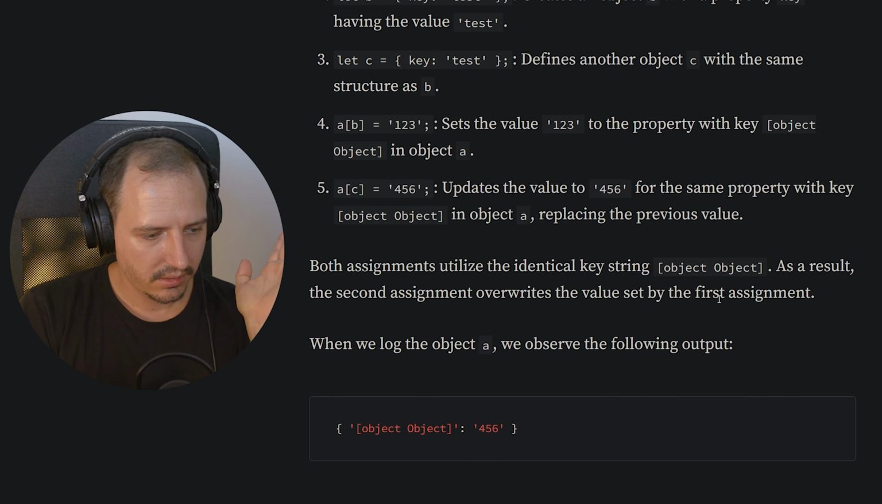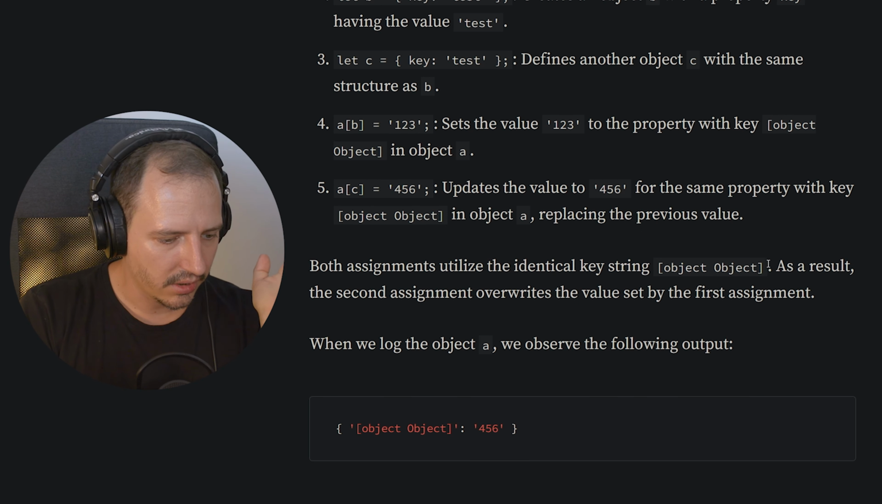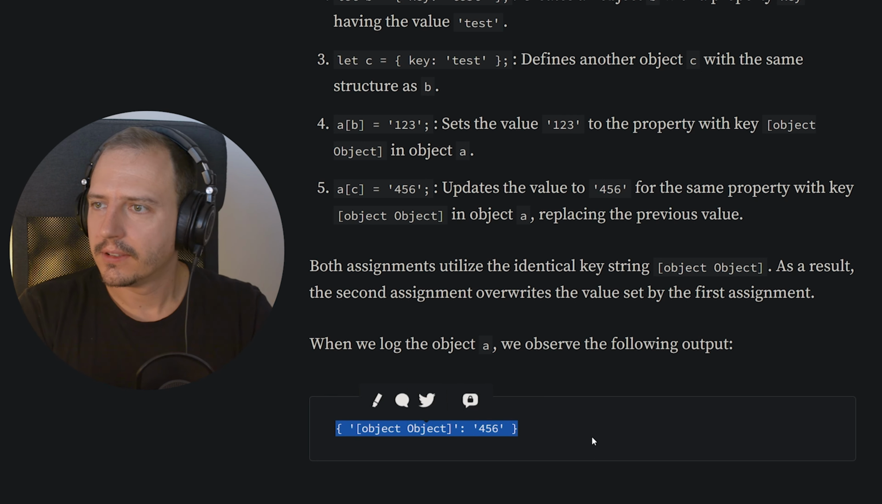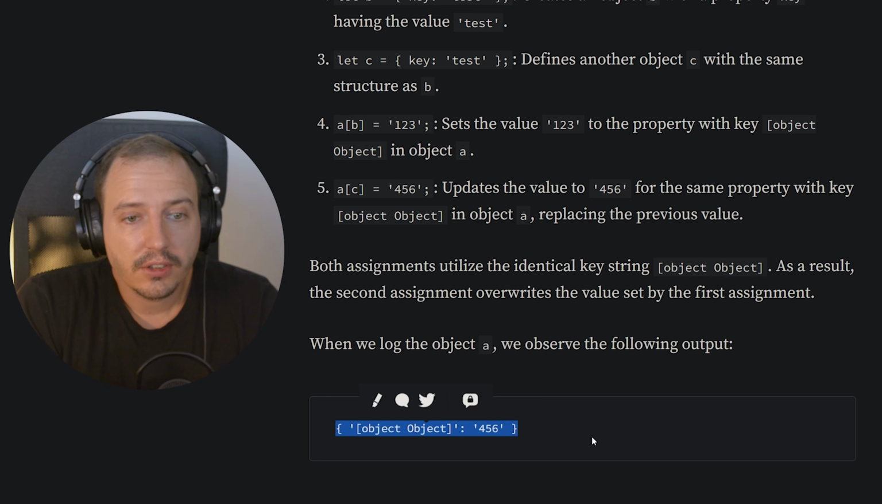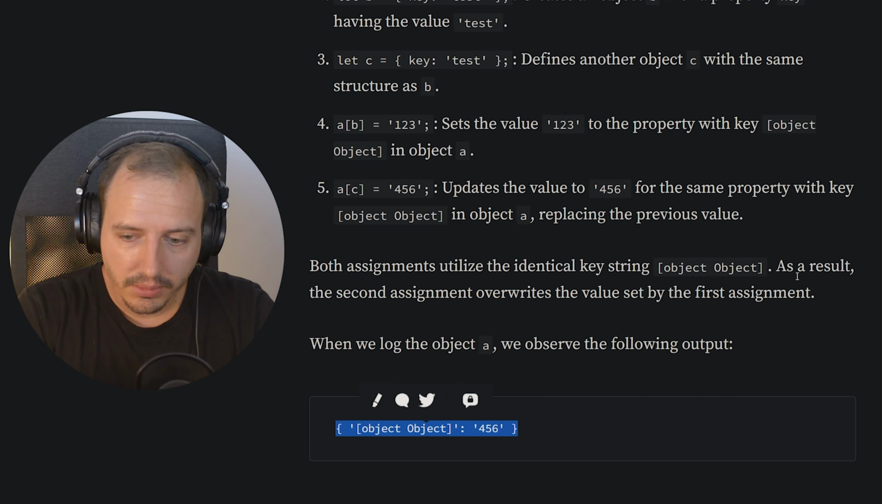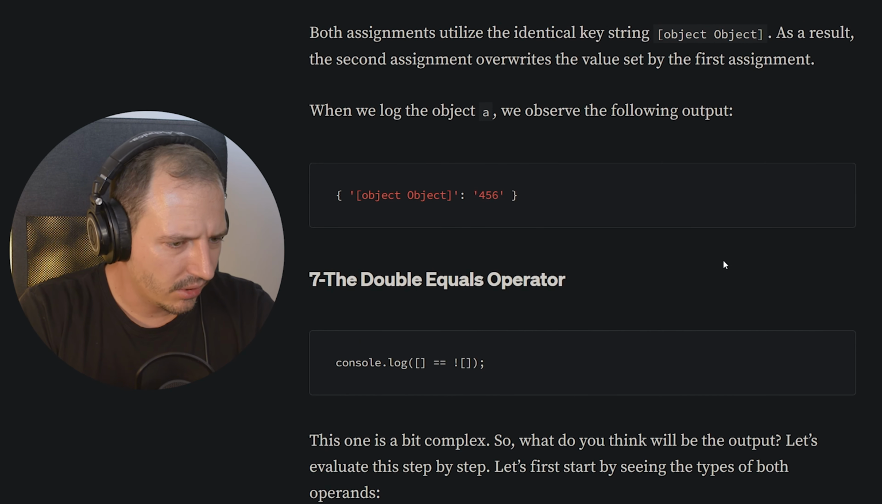Oh my god. When we log the object A, we observe the following output. Oh my god! I'm officially a senior developer. And I don't know. I hope this is the end. Are there... Oh,